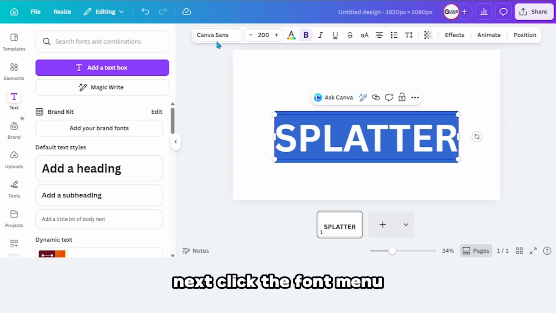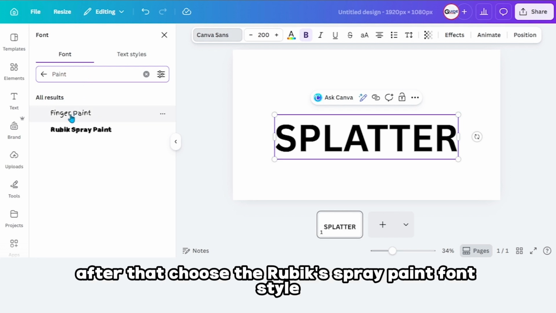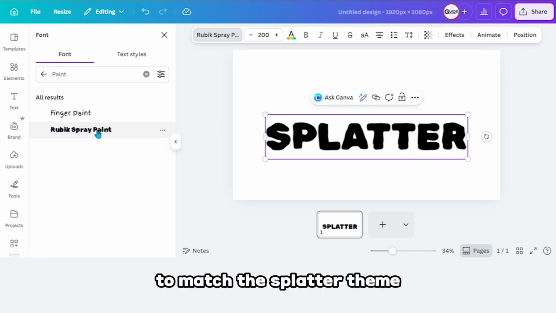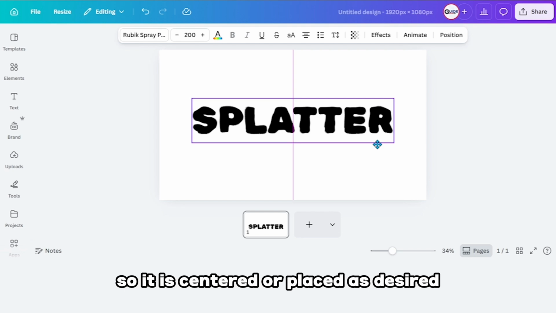Next, click the font menu and try searching for paint in the font list. After that, choose the Rubik Spray paint font style to match the splatter theme. Close the panel and adjust the position of the text on the canvas so it is centered or placed as